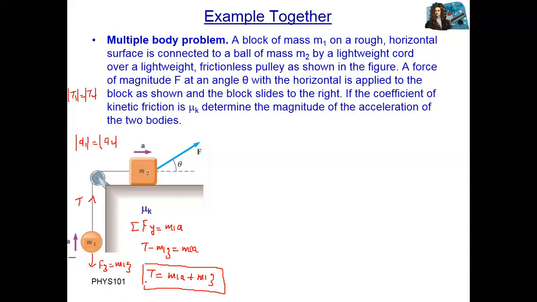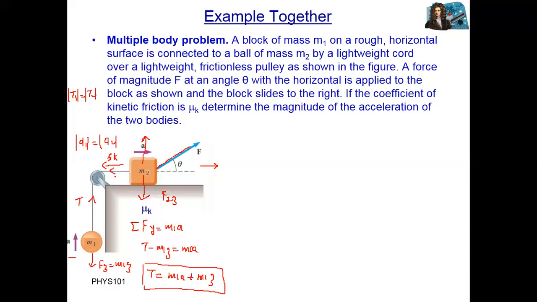Now, how many forces are on mass number two? You can see here, let's suppose the downward force is the gravitational force, m2g, for mass number two, with the normal force upward, and we have an applied force F making angle theta. On this side, if the body is moving, because we have acceleration, in this direction, there will be a friction force. I will write fk because the body is moving, so kinetic friction. Same, we have the tension force here.